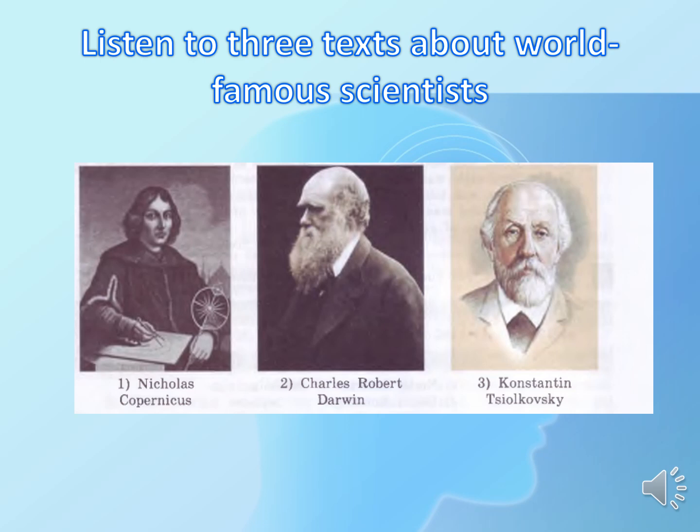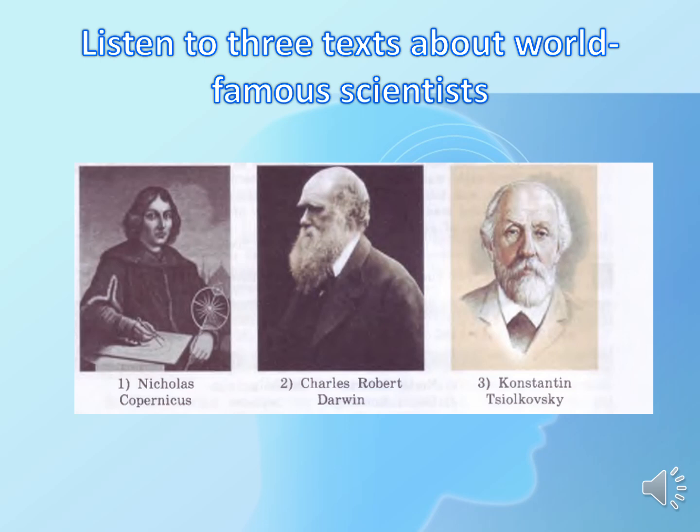2. Charles Robert Darwin was born on the 12th of February 1809. He was a great English naturalist and a well-known traveller. He was the first scientist to show evolution among animals. He developed a theory that explained how people appeared on our planet. Darwin was very much interested in nature and studied different plants and animals during his long journeys and voyages. He made a lot of discoveries. The results of his work were shown in his book. His theory was supported by many scientists. Darwin died on the 19th of April 1882 and was buried in Westminster Abbey in London.